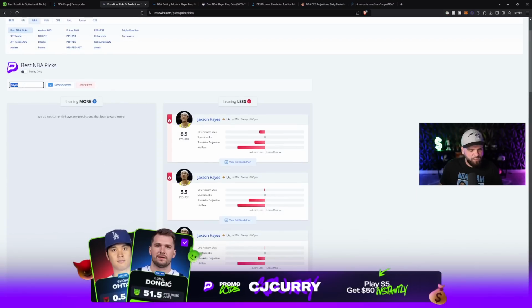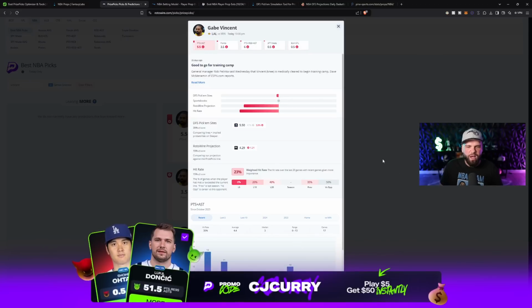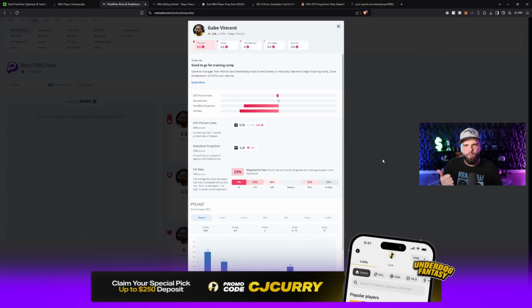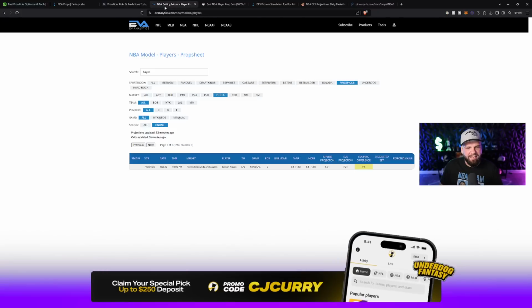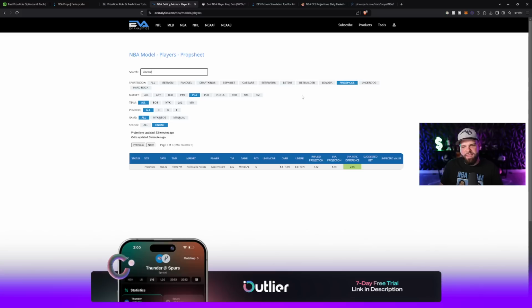Take a look at another projection, which is provided to us by RotoWire. RotoWire's got him going under 5.5 as well, about 4.3 projected points plus assists. So that's another under. If you're thinking about taking a LA Lakers prop, this one might be a good one to take. And then last but not least, take a look at EV Analytics, where they've got him projected for about